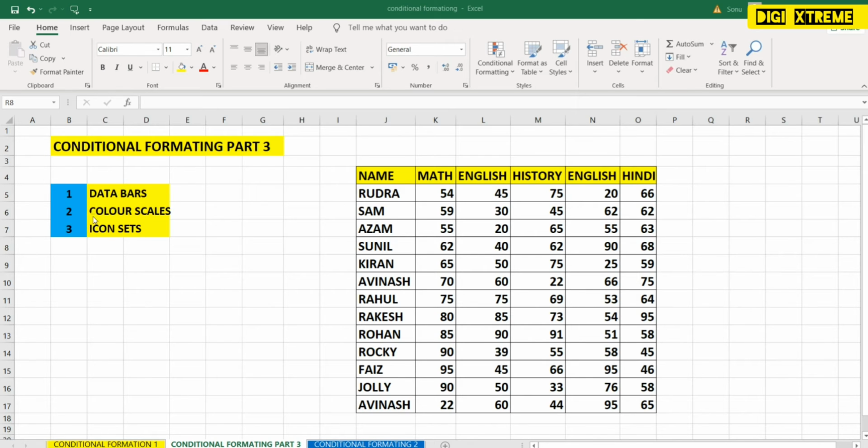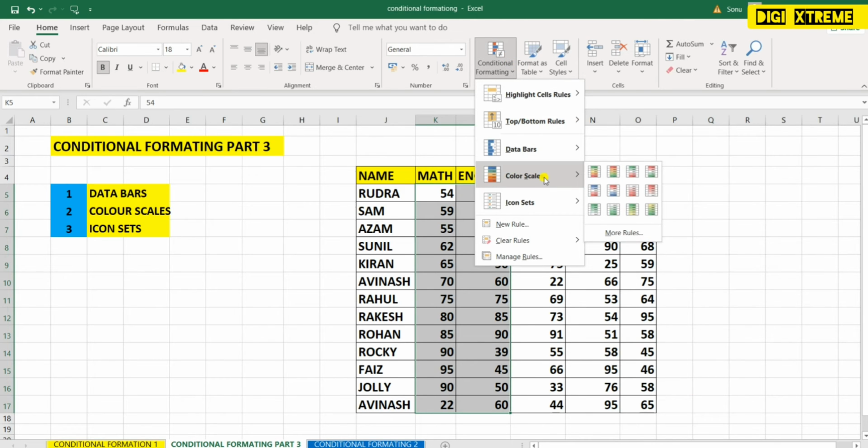This is color scales. So let me select the range first. Again, we'll go to conditional formatting. We'll go to color scales. You can see what it is reflecting: apply a color gradient to a range of cells. The color indicates where each cell value falls within the range.